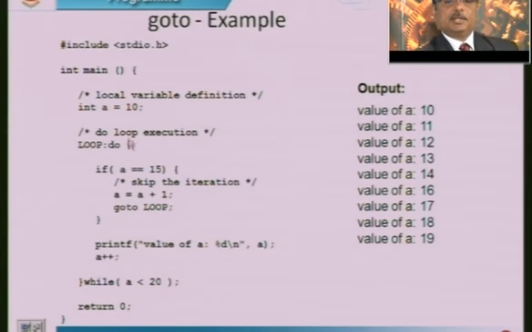Initially, when a is equal to 10, since a is not equal to 15, it simply prints the value of a is 10. a++ becomes 11. 11 is less than 20. Control goes back to the do statement and checks whether it is 15. No, 11 will be printed, 12, 13, 14. Whenever a becomes 15, this condition says a is 15, hence a is now incremented by 1, that becomes